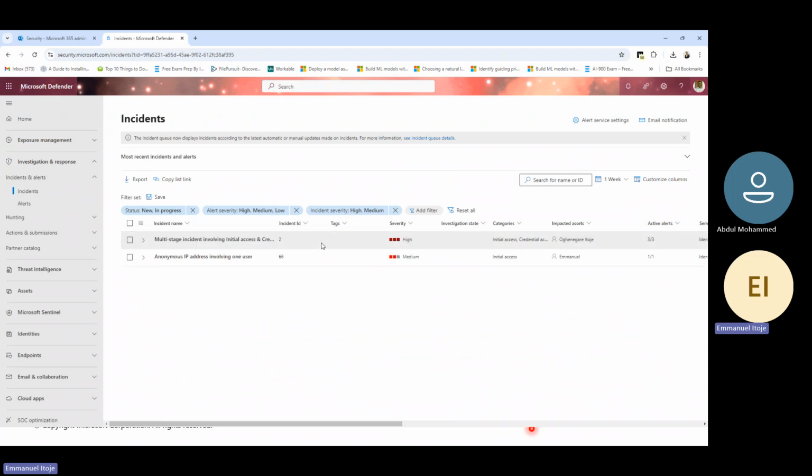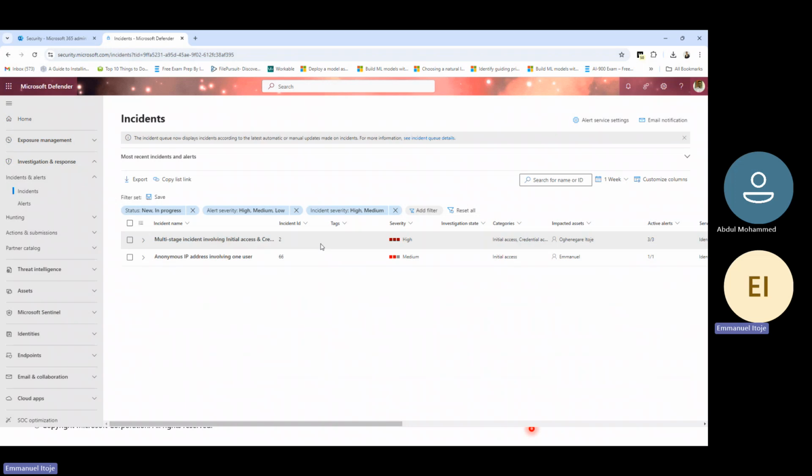So another thing you can do in terms of status is that you can choose to limit the list of incidents based on their status, to see which ones are currently active or which ones are resolved. If you click on this status, for example, and say I want to see just new incidents only, and apply, what this is going to do is that on my incident queue, I only see just new incidents. If I click on this and select that I want to see both the ones that are new and also the ones that are in progress, and apply,